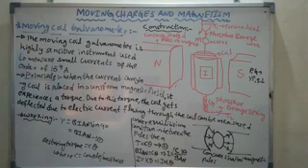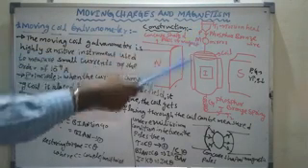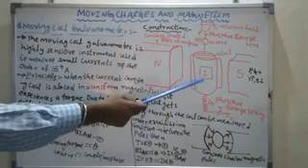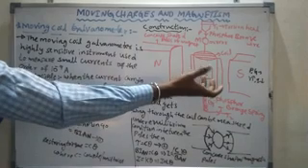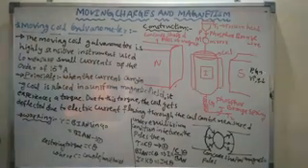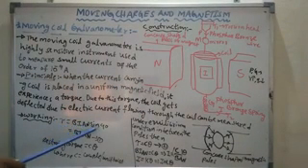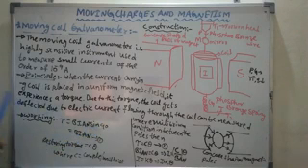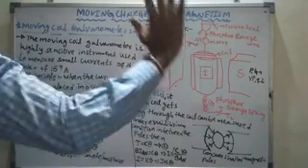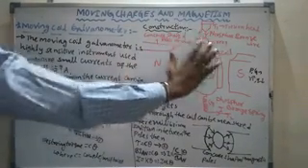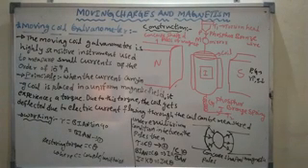So the current carrying coil is placed in a uniform magnetic field. What is the torque experienced by the coil? The torque experienced by the coil is NIAB sin theta. When current flows through this coil, suspended in the radial magnetic field, it gets twisted. The torque is equal to BIAN sin 90, so theta is equal to 90. You should see that the cylindrical coil is placed parallel to the magnetic field. Only then is the maximum torque experienced.